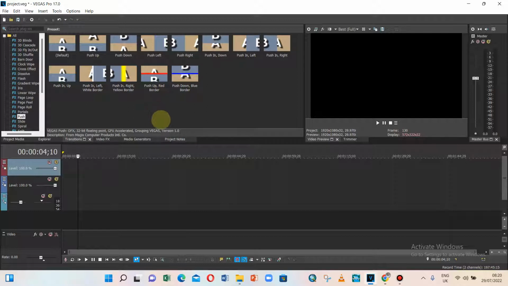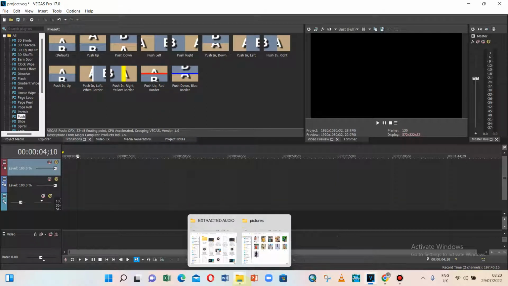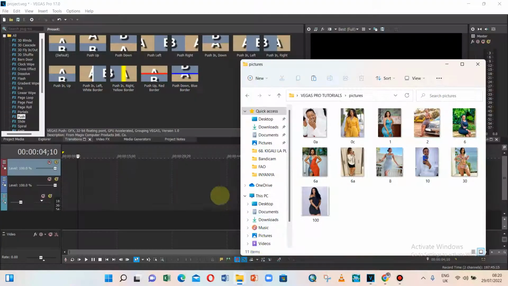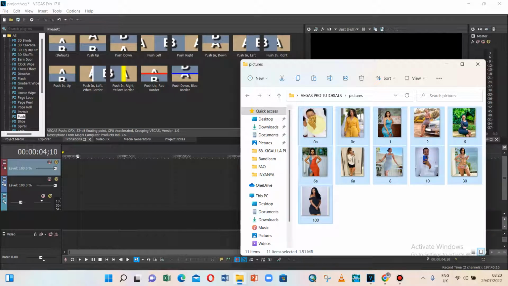That's it. Now let us start putting our pictures. The pictures will be like this. It's a matter of selecting the pictures. Once they are all selected, bring them into the video track. You can put here or here. If you don't want to put text, you can put it here, but because the text should be